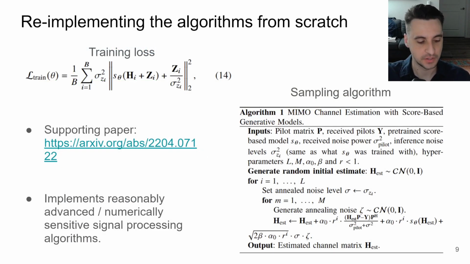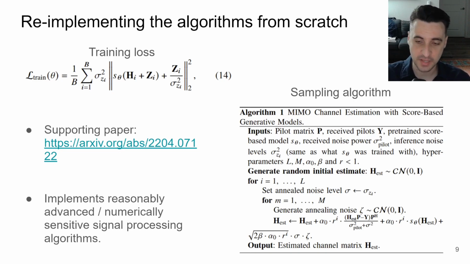The other part is that we also re-implemented all the training logic and the sampling logic from the generative model from scratch, okay? Now, there was also a supporting paper for the original repository. So we didn't just copy the code, we also cleaned the code up, okay? So there's a training part in the upper left here because this is a deep learning paper, right? So then I'm sure there were probably other talks at this conference talking about deep training reproducibility. Well, we kind of cover this here too.